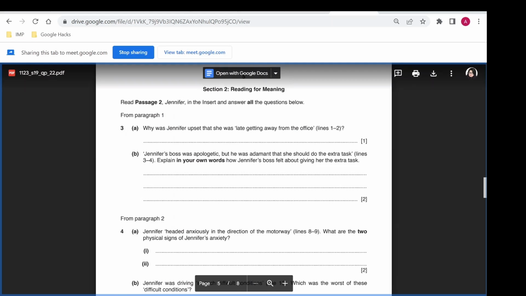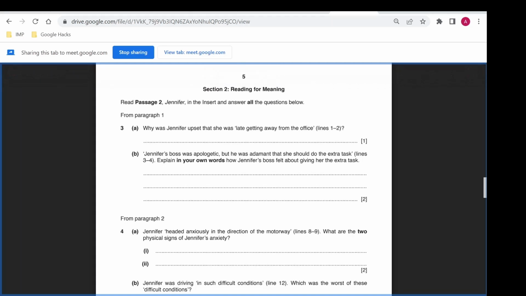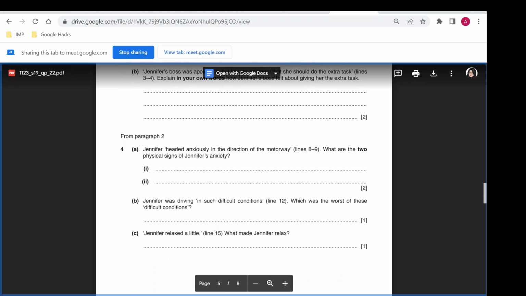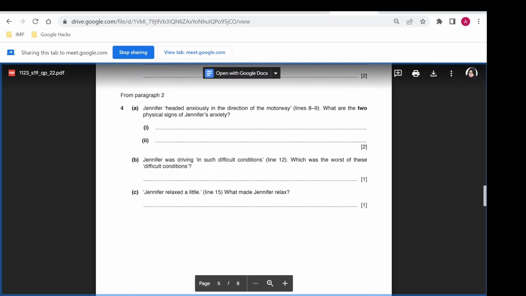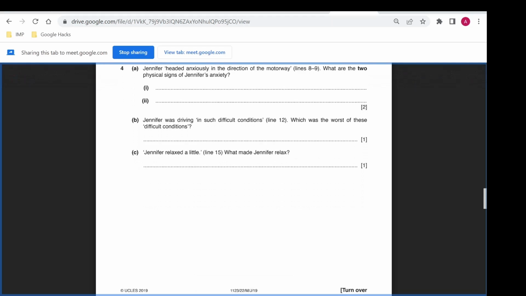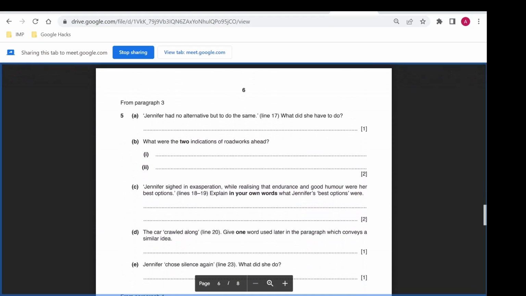Then we'll move on to the other part. Of course, you have the passage. Each paragraph in the passage has a particular question. This is where we'll talk about how we know which question is an implicit meaning question, an explicit meaning question, a reasoning question, and an own words question. There are one word questions that particularly ask you about that. Then we'll have the vocabulary part as well.